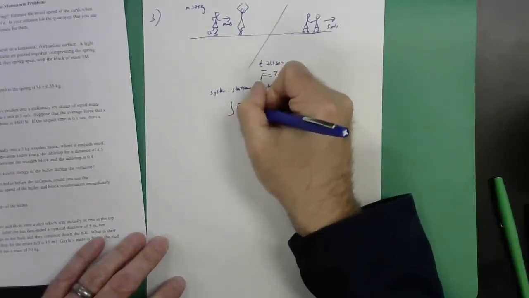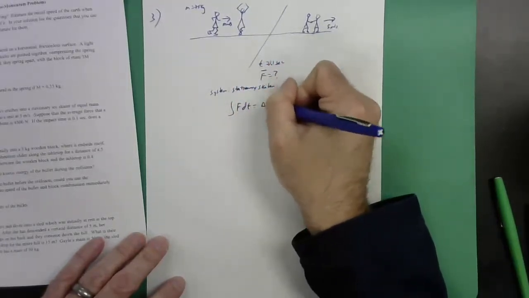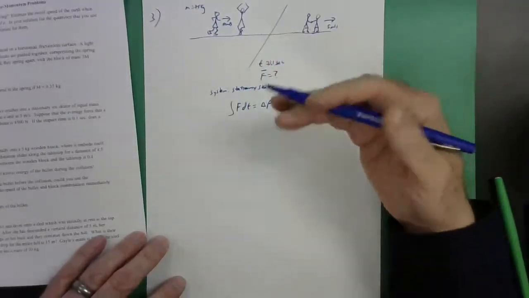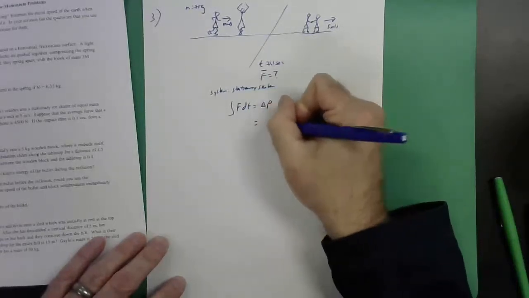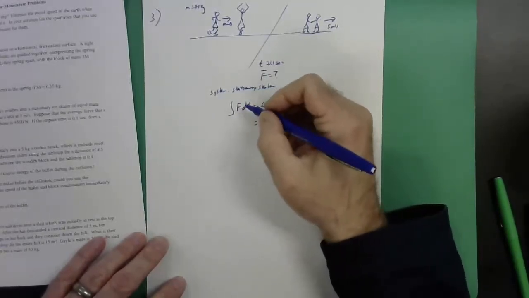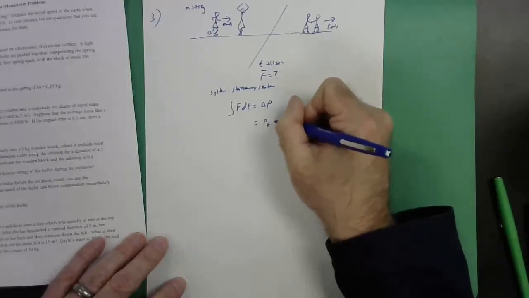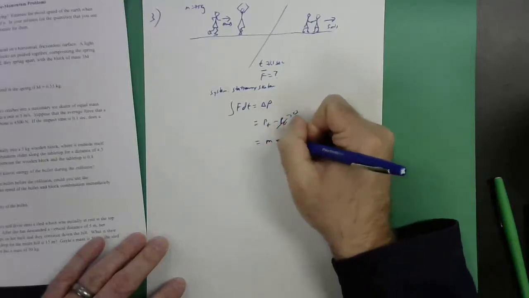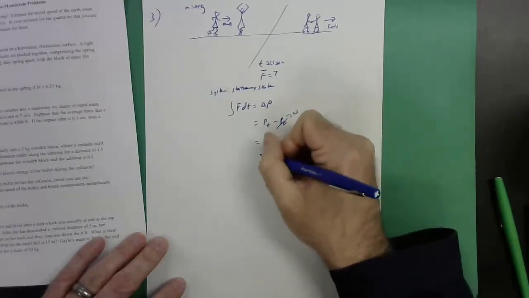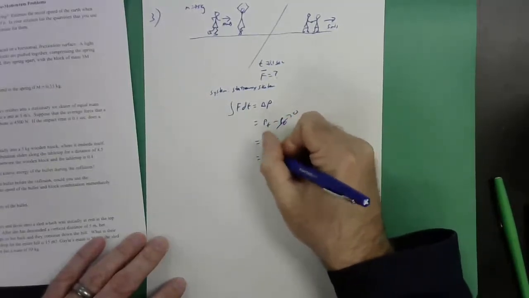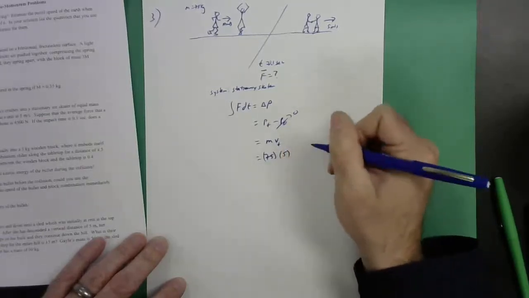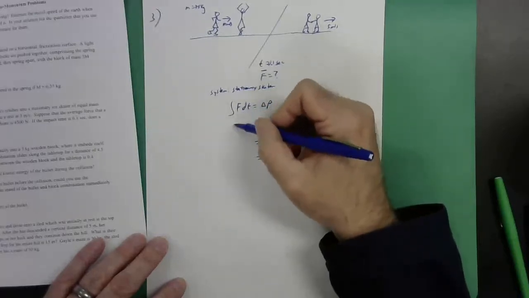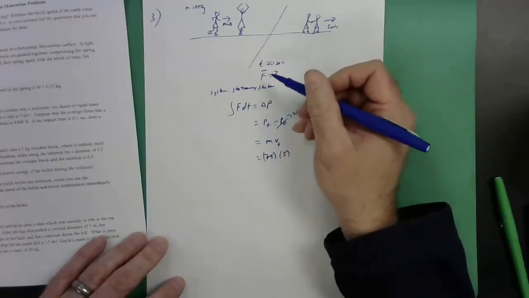And I'll do my impulse is the change in the momentum. Just that skater goes from being at rest to moving at 5 meters per second, so there's definitely a change in momentum. I'll have my final minus my initial, but the initial is 0 because we started at rest. The final is just the mass of the skater times that final velocity: 75 kilograms times 5 meters per second. So that side looks good. On the left side, I got this weird integral. What's going on? Well, they told us